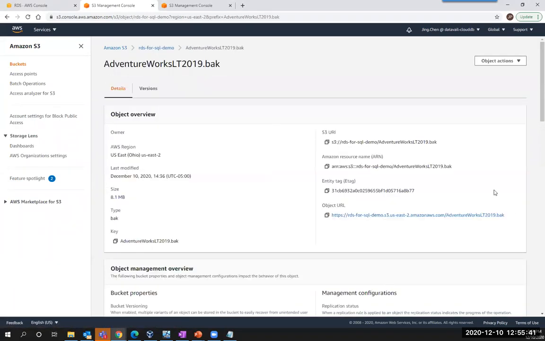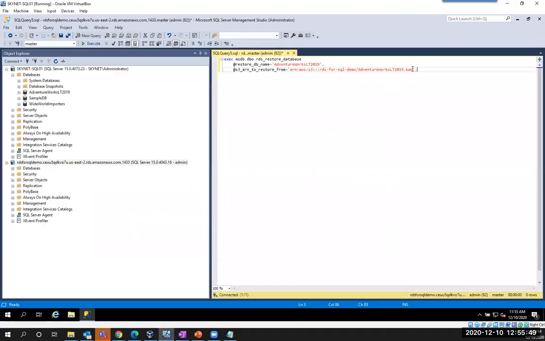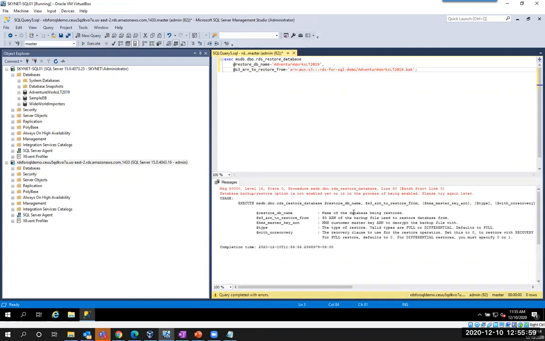Okay, find the correct backup file. You copy this. This is the copy. See, right? ARN copy. So go back here to paste it in here. Okay, and then you're gonna run it. Okay,